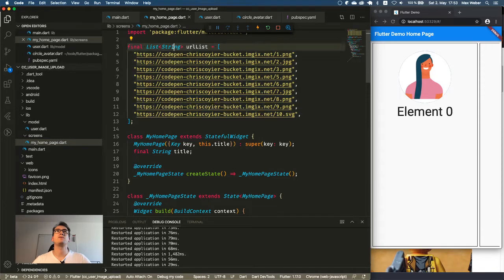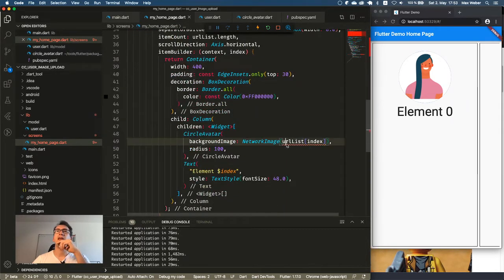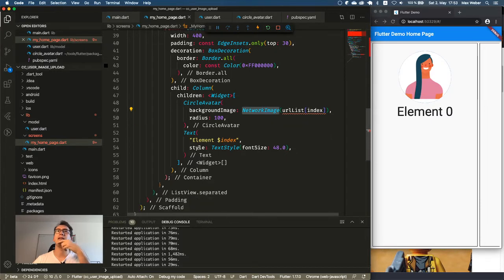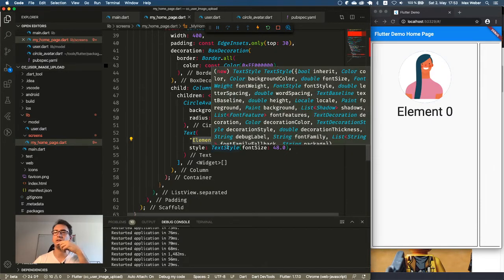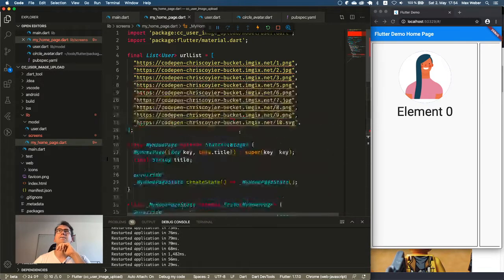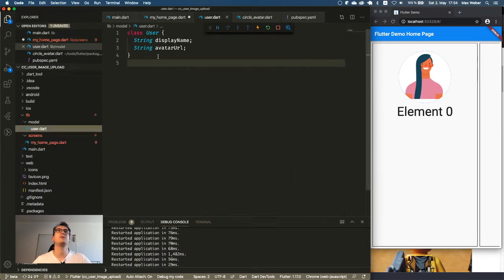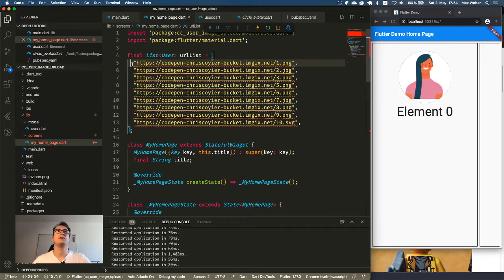Because we have here a list of strings, but actually we have a list of users. And I import them. And why I do that is because we have here first the image, right? And then we have to set the text to the username, or I want to have the username here or more user information. And I think that is a bit inconvenient if we just have that like here. So I take that string out and I will create for every user a name and a string. So let's do that. Not here, but we create a user.